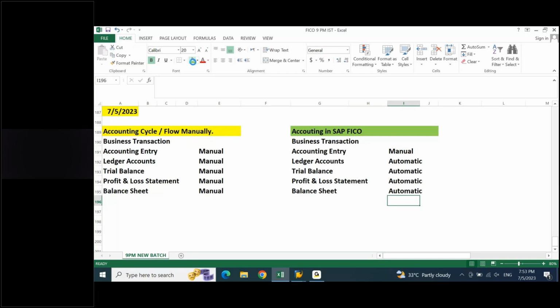Okay, so in short, this is about your accounting cycle for manual, and the accounting cycle for FICO. In SAP FICO, is your accounting cycle easy or complicated? Easy, because everywhere it is automatic. The only one point you cannot automate is where to debit and where to credit. Nobody else can decide. To decide whether to debit or to credit, you must have basic accounting knowledge. Agree? Correct?